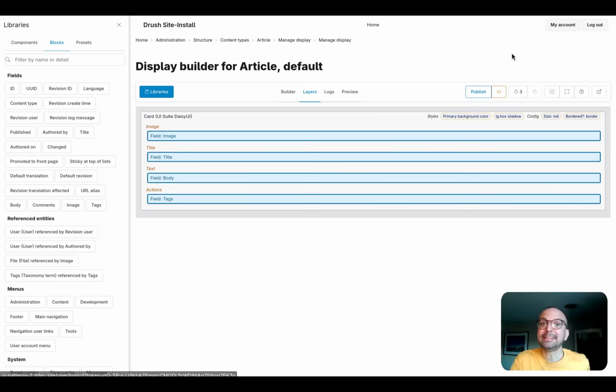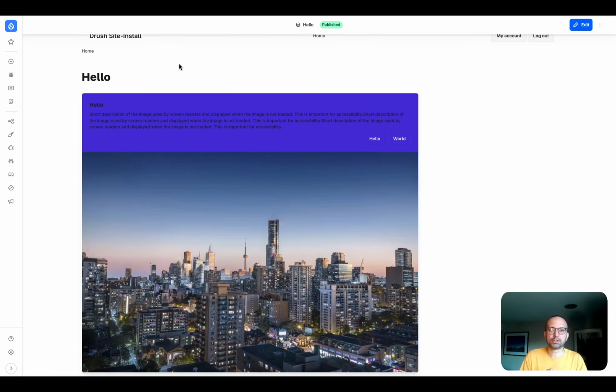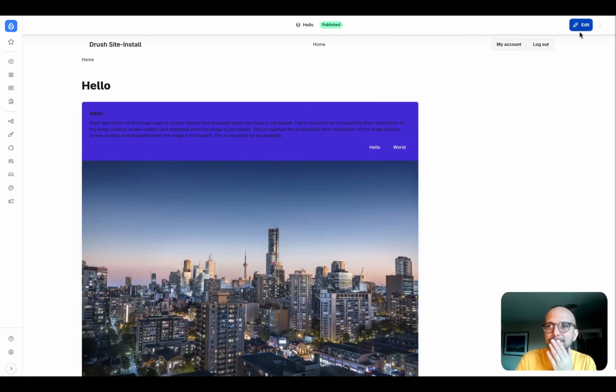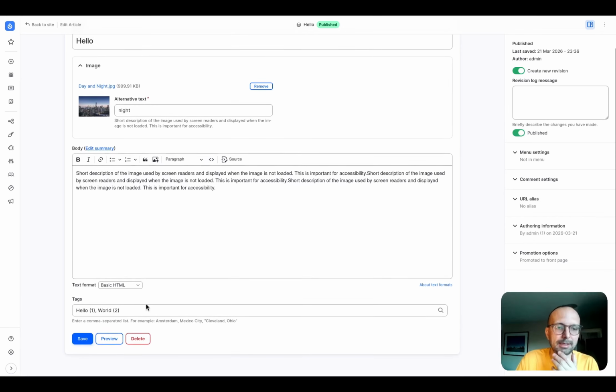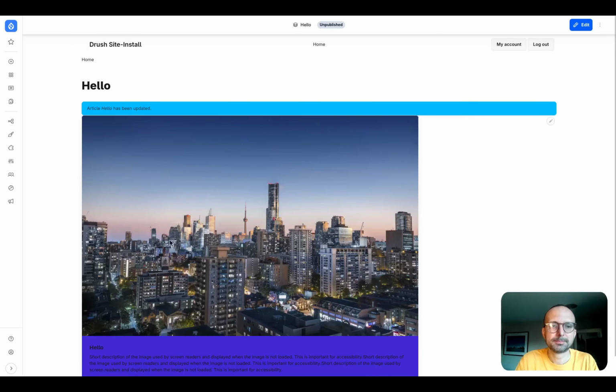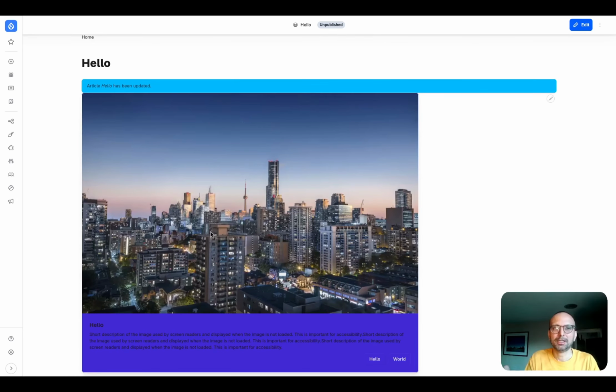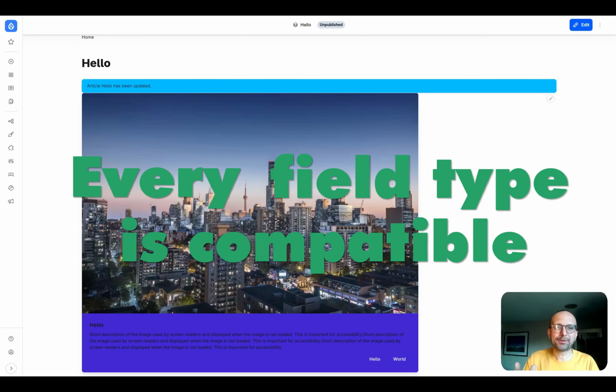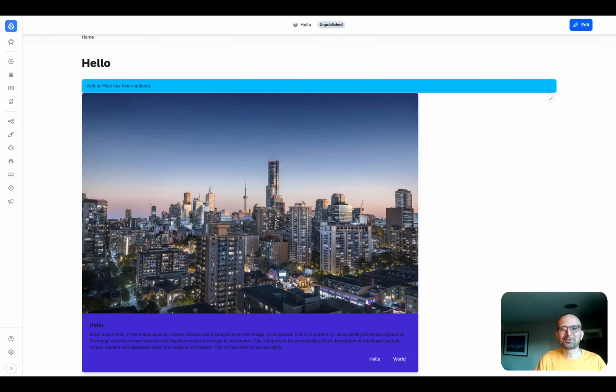It's not the most interesting example from a business point of view, but I want to show you the mechanism. Here, the image is now bottom on my article. If I go to edit and I unpublish, now the image is top again. So you have full access to the field API for every field type ever. We are not whitelisting the field types you can use because we are targeting the field property and everything can be pulled. So the sky is the limit.